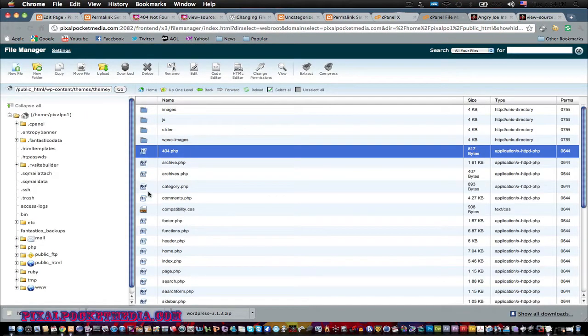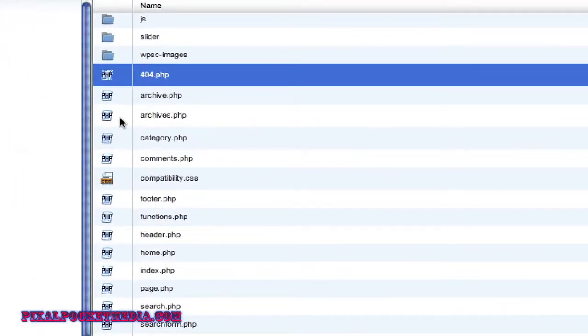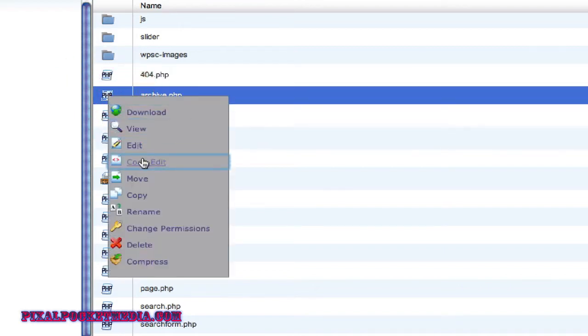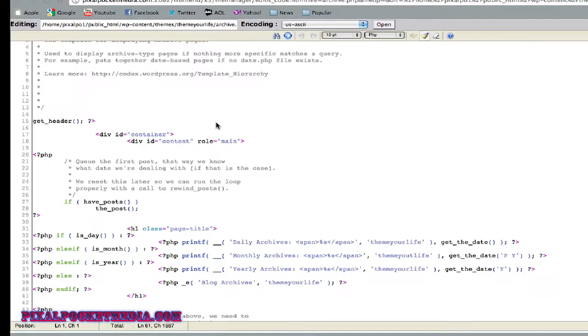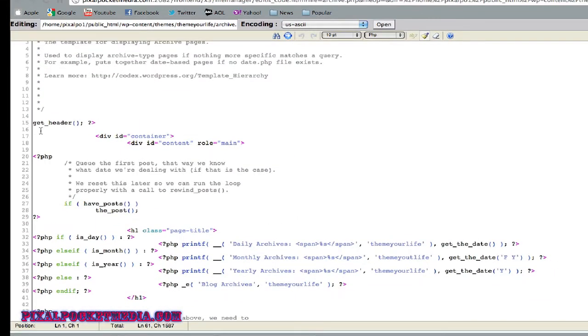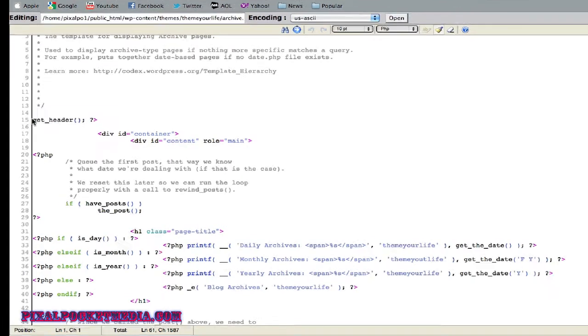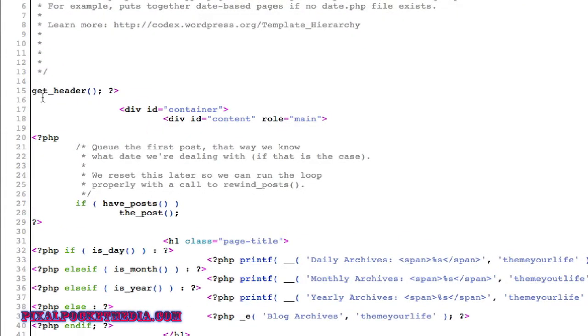I'll go back, and another one that you're going to need is your archives. This is telling all the archives of your posting or the articles that you put in there, and this is what it looks like. I'll go to code edit to view it, so you can see all the coding in here. I added the git header, because you're going to need this for all your pages. You're going to need to grab the git header code for PHP. Make sure that's in all of your files that you're working with,